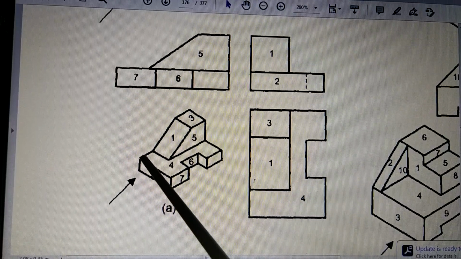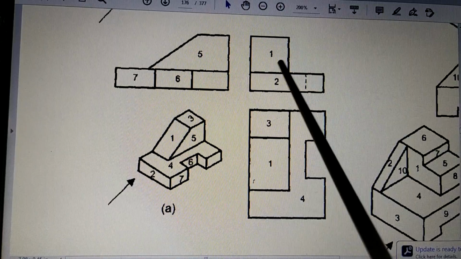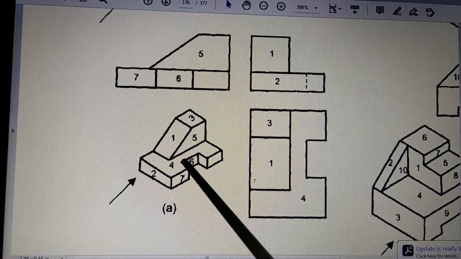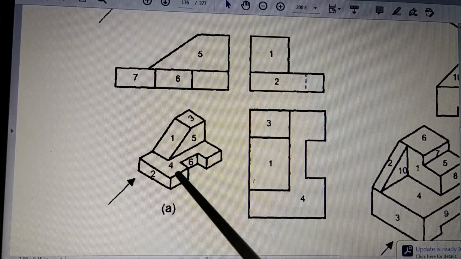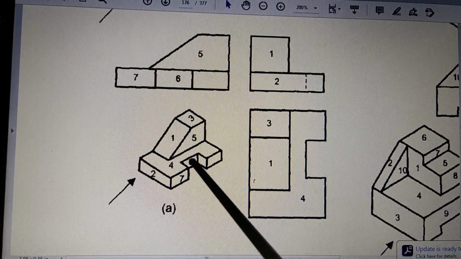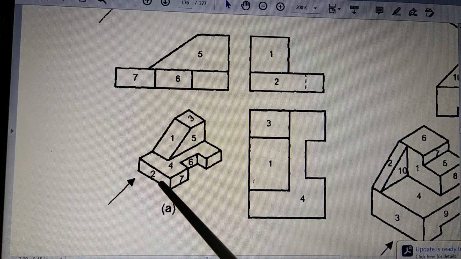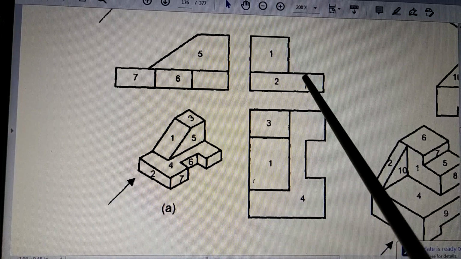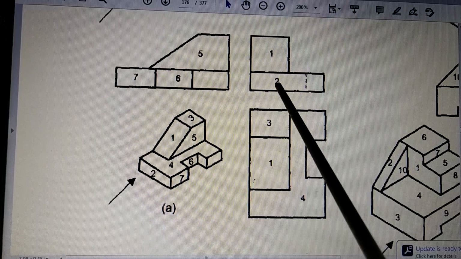So in the front direction, you will only be able to see surface 2, and above that surface 1, that is what is shown. Is there anything else you are supposed to show? You will see that there is a cutout here. If you just draw this much, that means you have not considered this cutout. There is a cutout like this, so this surface 6, although you are not seeing it, corresponding to this surface one dotted line is supposed to come here in this direction. That is the dotted line that is shown over here. So now after drawing this much, the front view is complete.